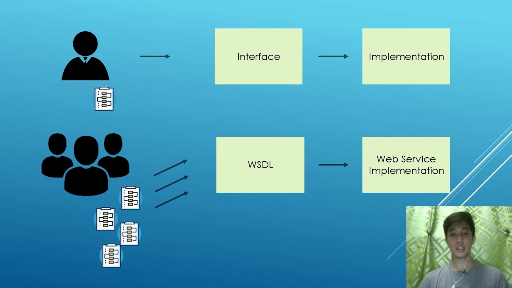So parang kanina lang, sinabi ko na we should lock or fix the WSDL or yung interface. So if you make changes in the web service implementation, hindi madadamay yung client at yung WSDL. So for example, if we have many clients that are referring to WSDL and making calls to the web service, since we are not going to change the WSDL, the clients do not have to change, and we can freely change the web service implementation without worrying what will happen to those two.